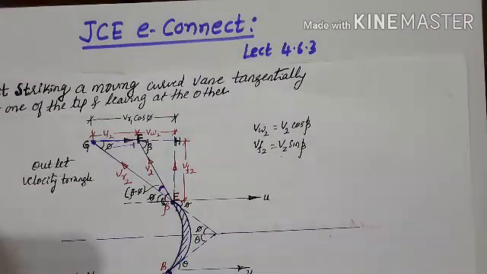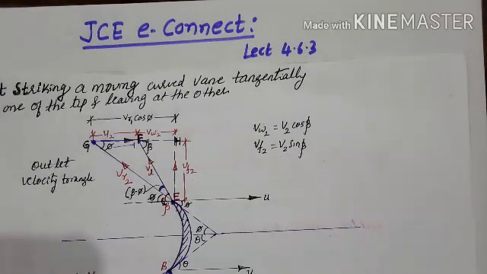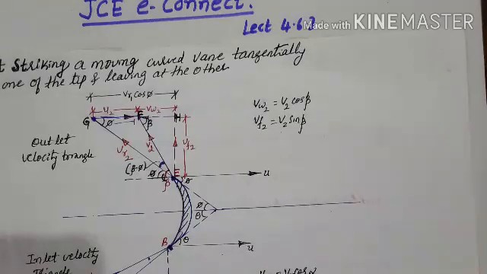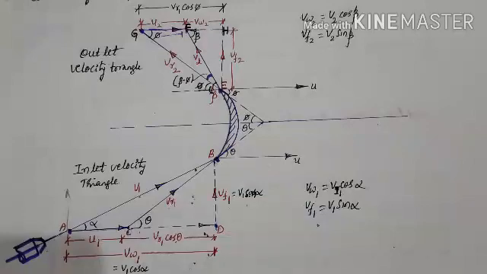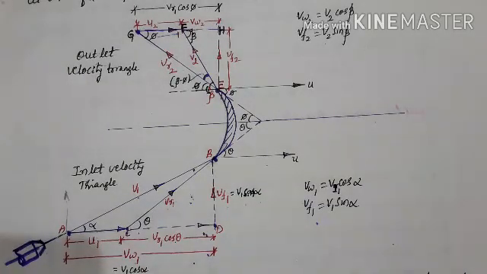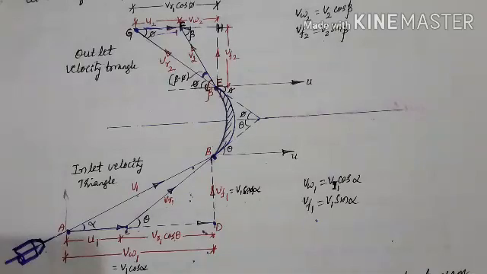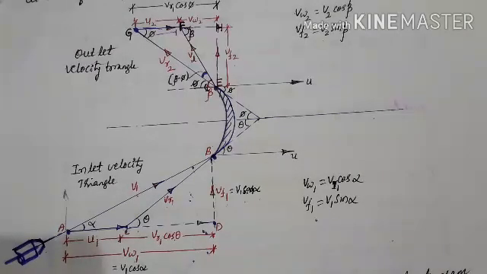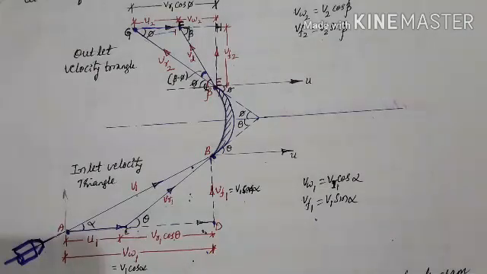In the previous lecture we have seen the construction of velocity triangles at inlet as well as at outlet, and we have discussed the various components of the velocity triangle. This will be very useful in turbo machineries, where the velocity diagram is a triangle representing the various components of the working fluid. It may be drawn at both inlet and outlet sections of any turbo machine, and from the velocity triangle we can analyze